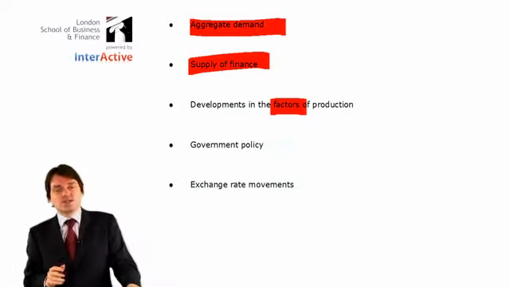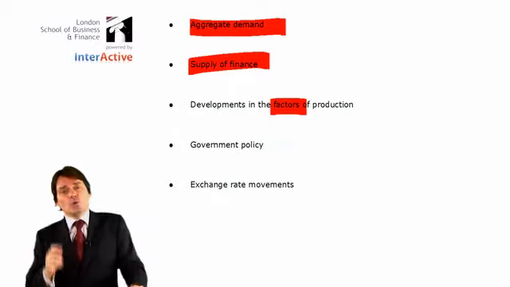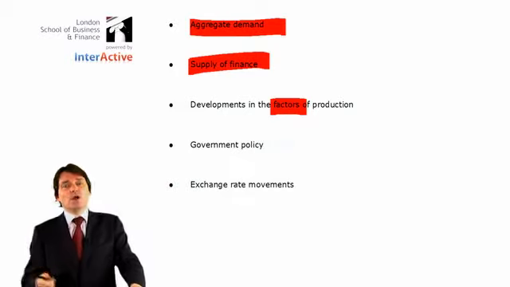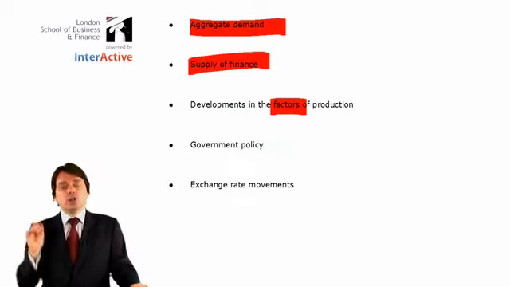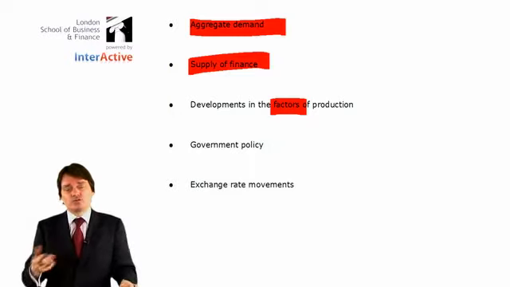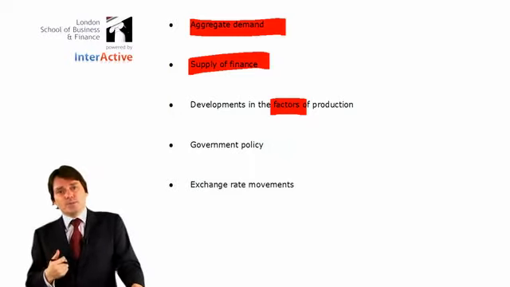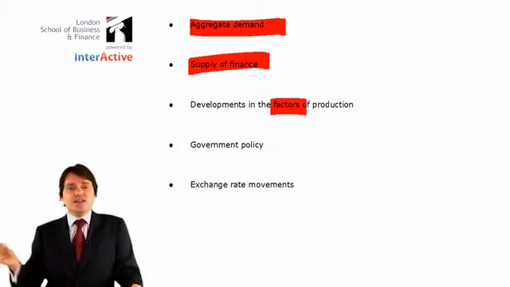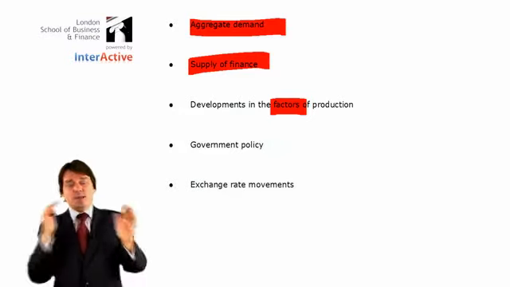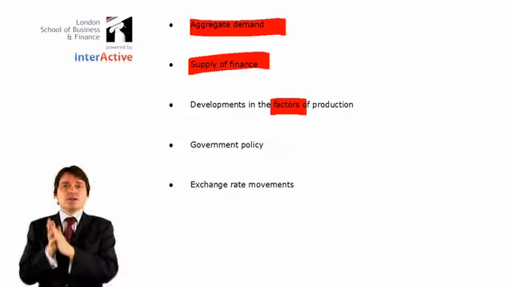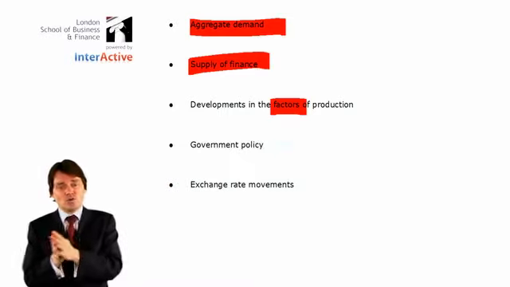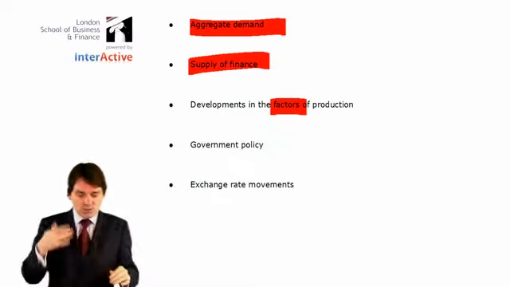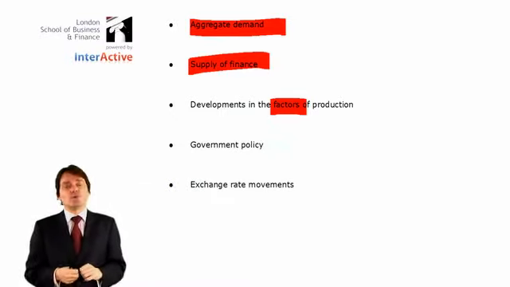Factors of production. We've already talked about things like labour. One of the biggest things that affects the economy is, does your workforce have the right skills? 50, 60 years ago, a lot of manufacturing companies were around that needed skilled labour. Now, one of the biggest skills that people need is things like IT. 50 years ago, nobody had heard of IT. So it's a big skill that has had to be developed. Some countries have developed it very strongly and will be successful. Some countries haven't and will be less successful. So can you develop the skills of your workforce?